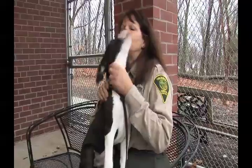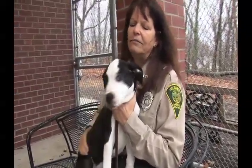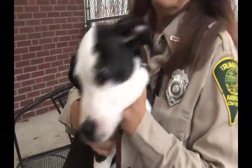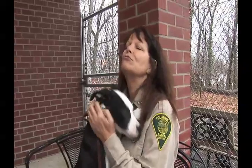And he's just real sweet. They're about 3 months old now. And as you can see, he's just a typical, active, cute little pup. And he was saved, and he would love to get his forever home. Huh? Oh, yes, you are so